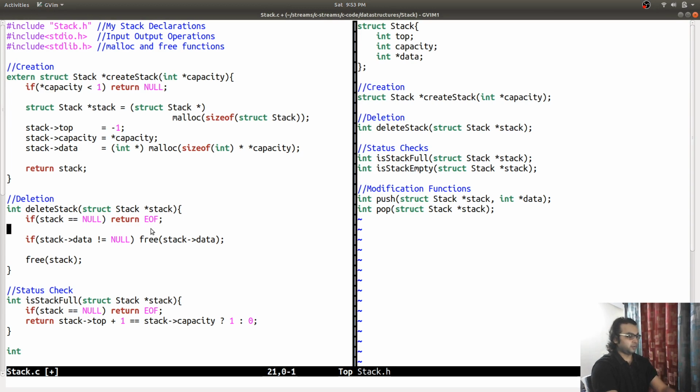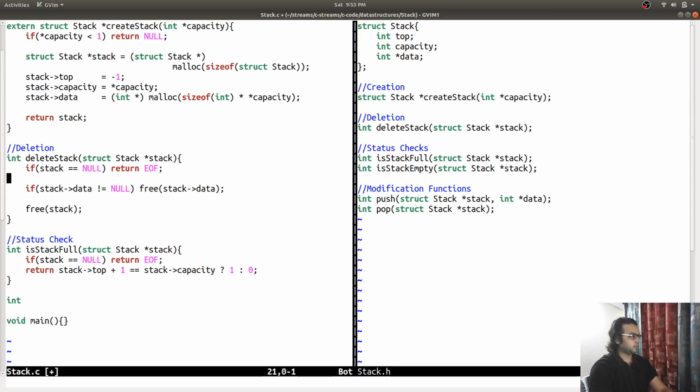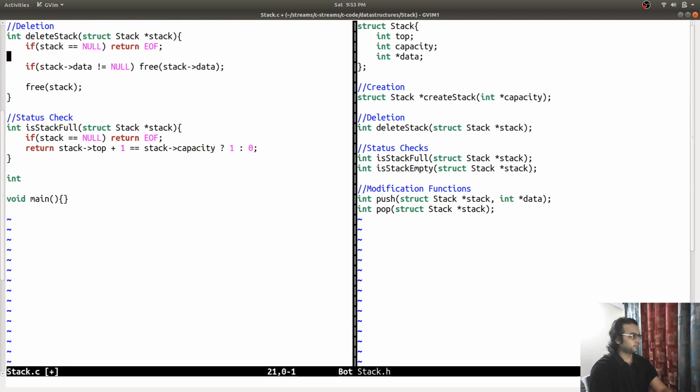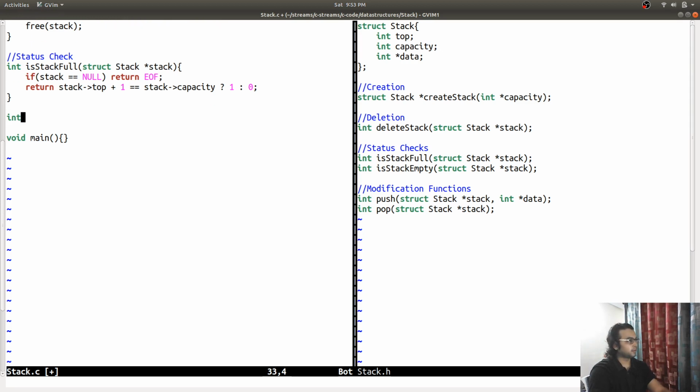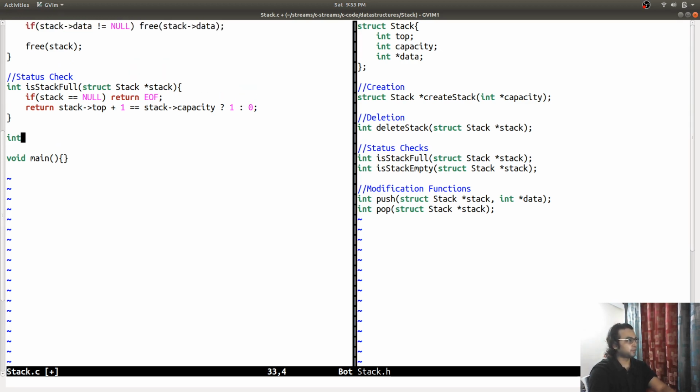Okay, control. Great. We can use control E to move up, I guess. Control Y to move down.